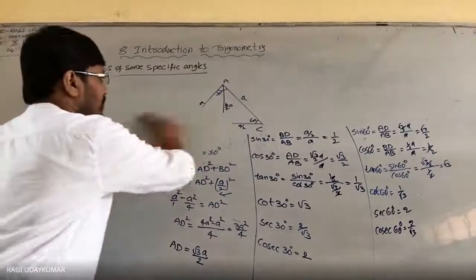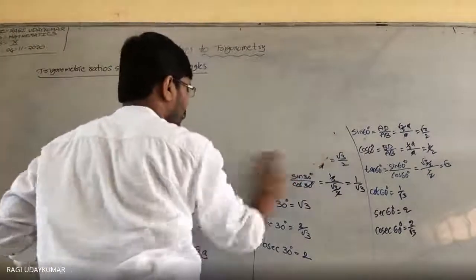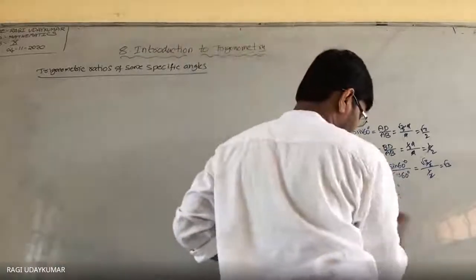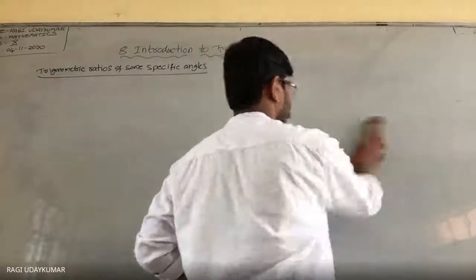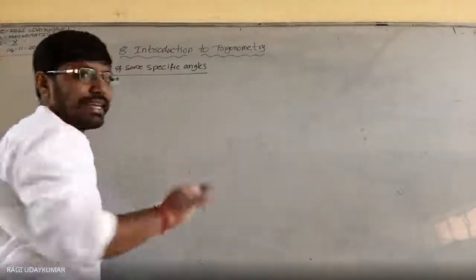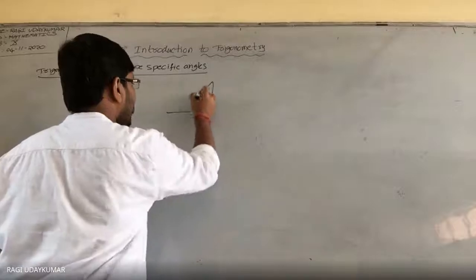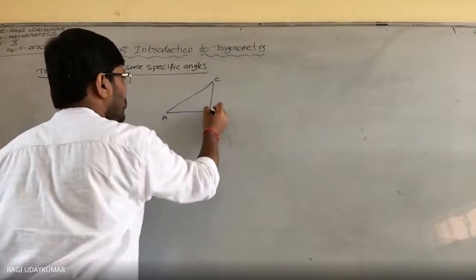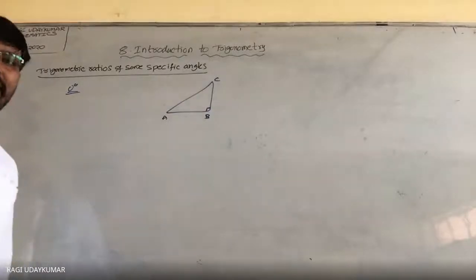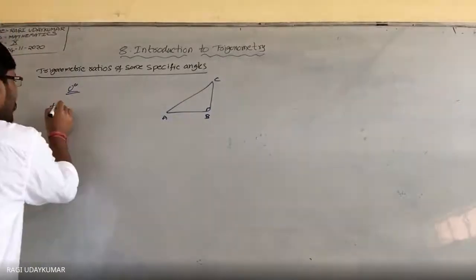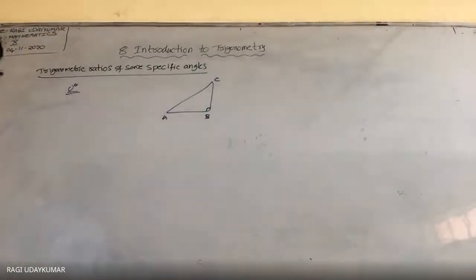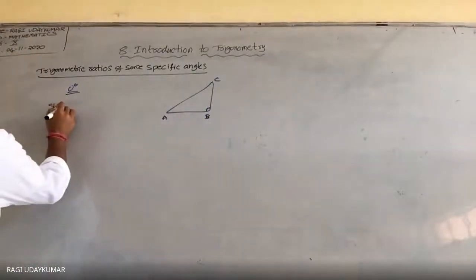First, take 0 degrees into consideration. If you want to make an angle 0 degrees, we need to take an assumption. So first, for 0 degrees, let us take one triangle ABC in which angle B is 90 degrees. Angle B is 90 degrees. And if you want to make angle A, all the trigonometric ratios you write here. What is sin A? What is sin A?